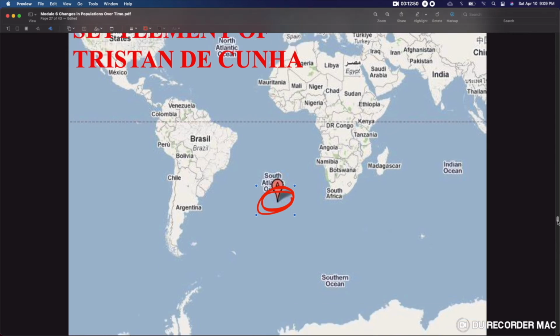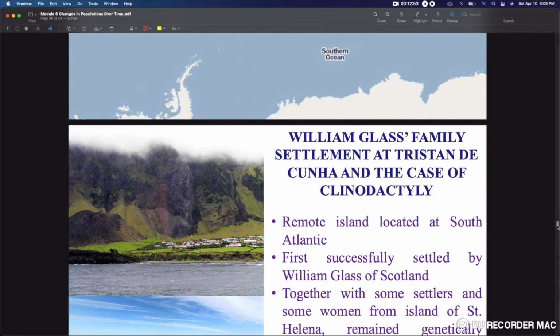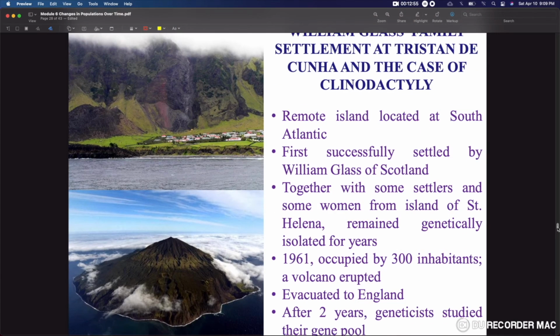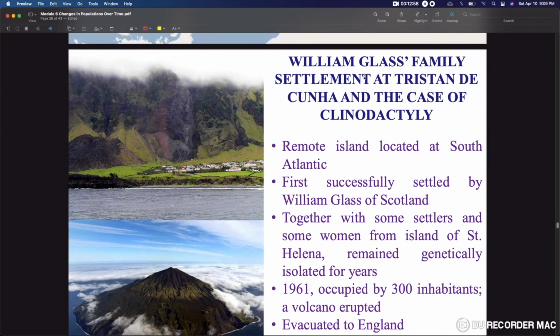So the story of Tristan da Cunha in South Atlantic is, well, before it was settled by William Glass's family and some other people, some few peoples. So they found the island, they went there and built the settlement. Okay, so after some time, those first settlers and the family of William Glass lived there for a long years, and then by 1961,